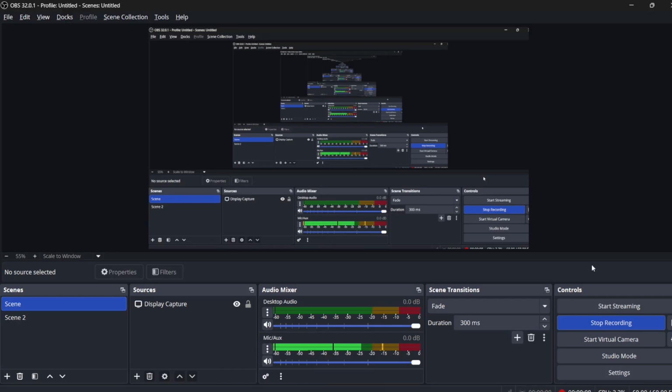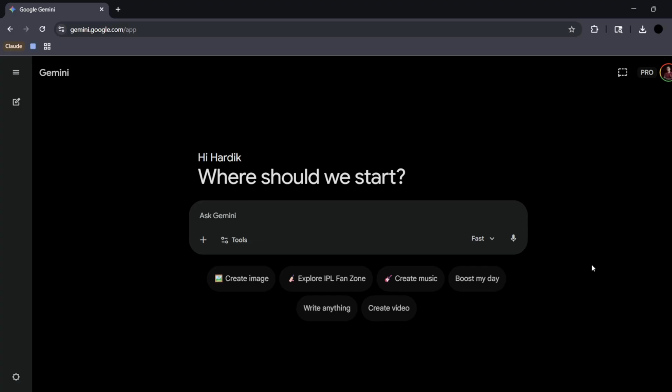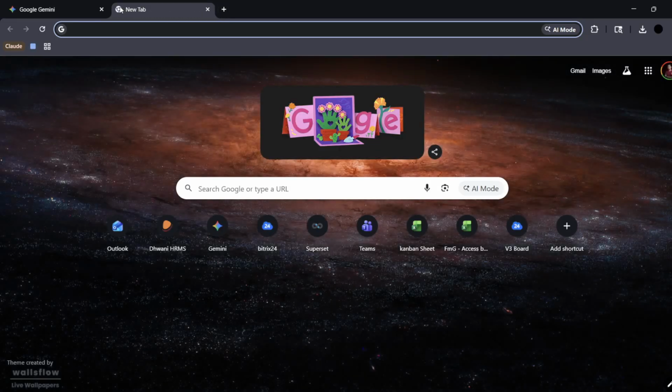So in this video we will be diving deep into Deep Research using Gemini. If you don't know about Deep Research in Gemini, it is an AI feature that carries out complex investigations. Basically it acts as a digital analyst that can browse websites, analyze findings and create detailed reports with citations. If you wish to know more about this particular feature, you can go to any web browser and